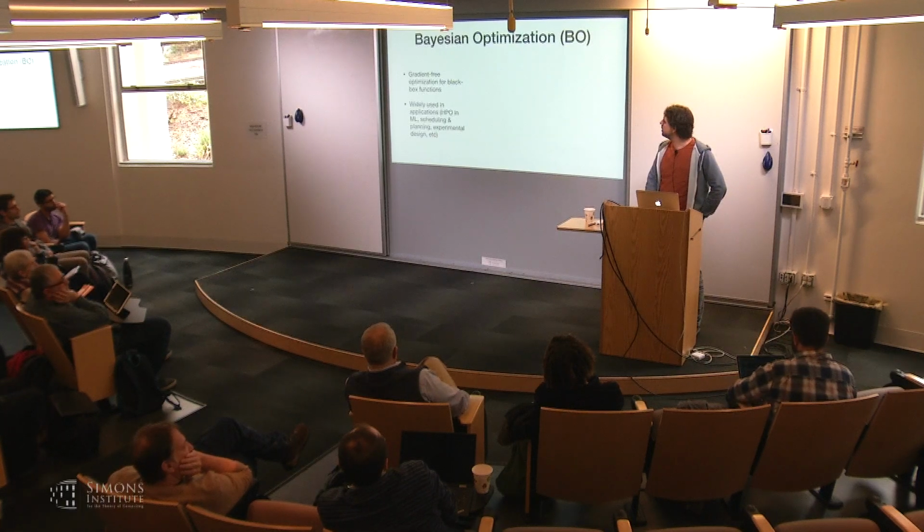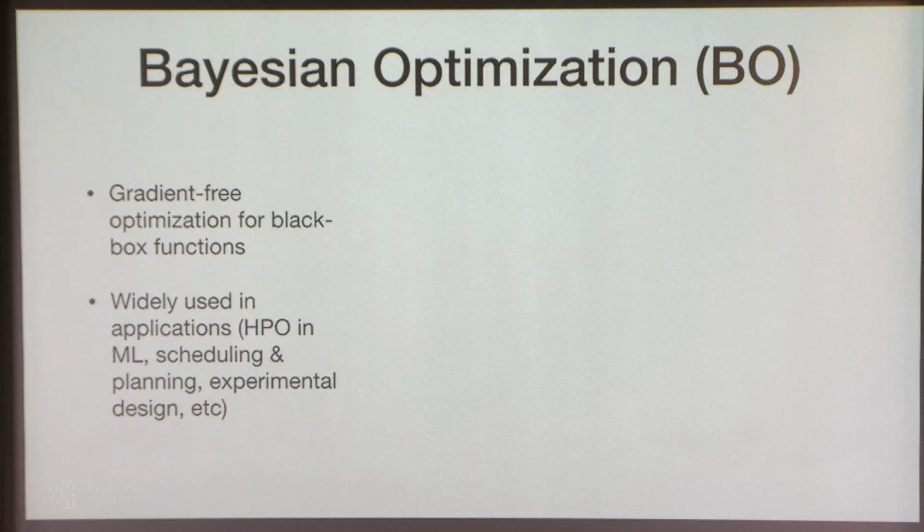So what we're going to do to do that is use Bayesian optimization. Bayesian optimization is a well-established technique for optimizing black box functions that are expensive to evaluate. So it's a whole field of study, and I'm just going to give you the nutshell introduction. I should also mention that it's widely used in applications, not only for hyperparameter optimization in machine learning systems, but also in many other places like scheduling and planning, for example for airplanes, when you have very expensive simulations to evaluate each experiment, experimental design in chemistry and biology, and so on.